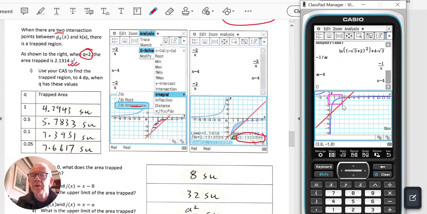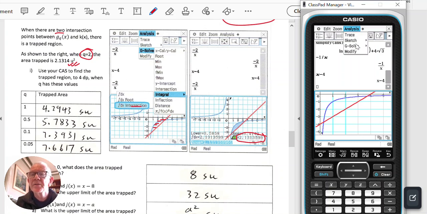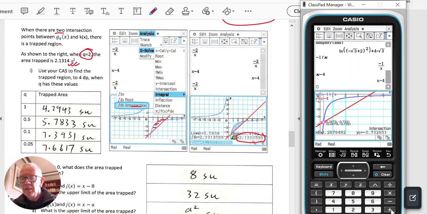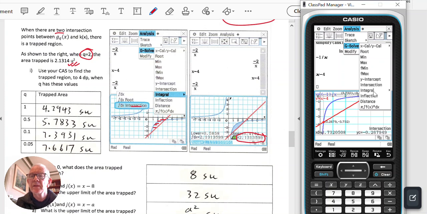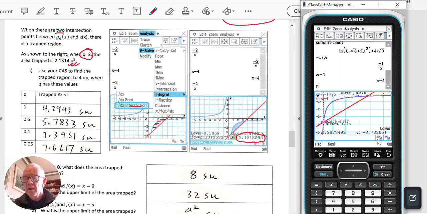Maybe if I change my window just to do that. Beautiful. Analysis, G-solve, intersection. I accept the first one, move across to the second one. Analysis, G-solve, integral, intersection. I accept the first one, I move across to the second one, I accept that. That gives me an area of